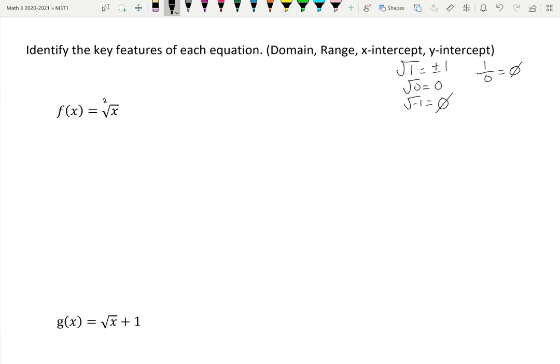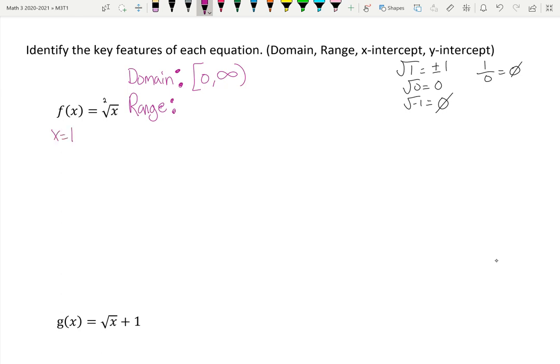So essentially, for my domain, what I know is that I cannot use negatives. Whatever the radical is, it has to be either 0 or positive, which is why it goes from 0 to infinity. It includes 0. If I put a negative number, it does not work, which is why it is not part of the domain. The range, however, when I look at the answers, notice that when I plug x in,